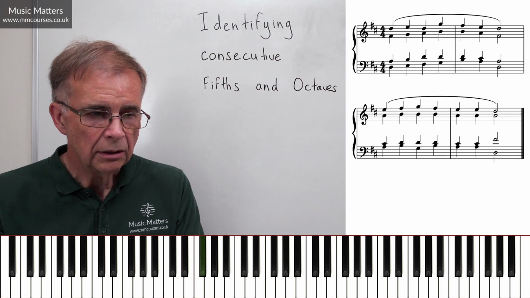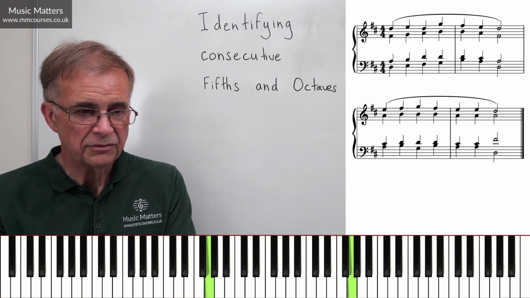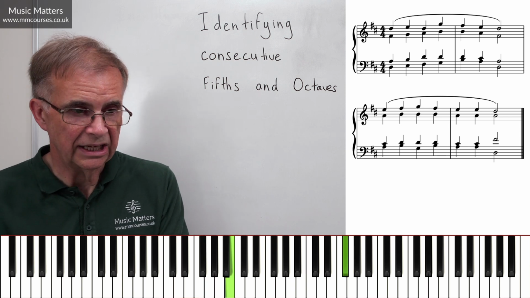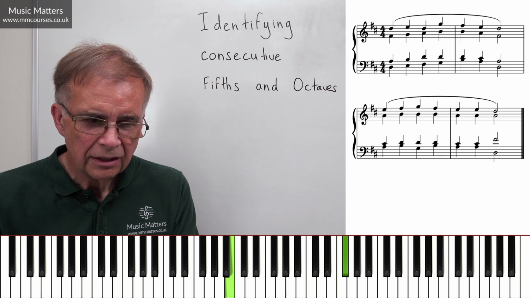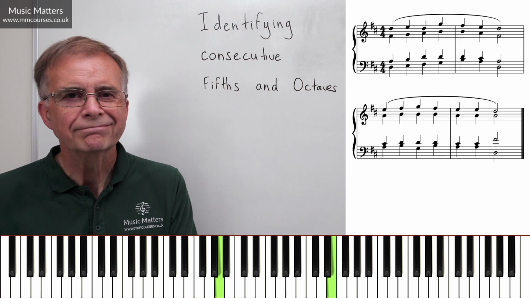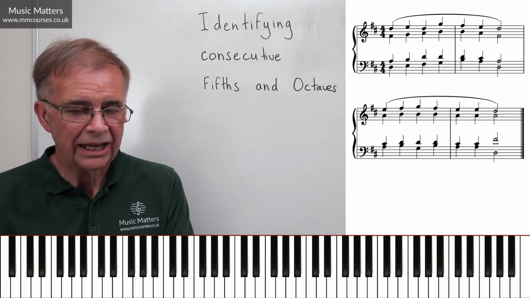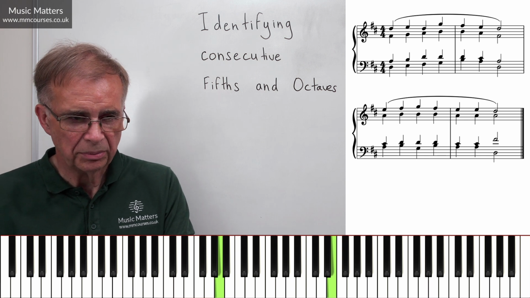Sixth. Oh, here's an octave at the end of bar 1, but it's okay because it's followed by a fifth. So going from an octave to a fifth, that's fine. Now what's happening in bar 2? I've got a fifth followed by a fifth. Perfect fifth, perfect fifth. So they're consecutive fifths. So I'm going to have to change something there between the soprano and the bass.